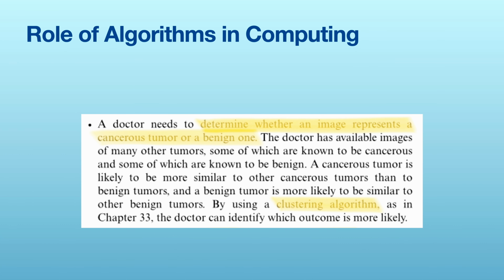Algorithms are playing a critical role in the medical field also. For example, there's a set of MRI images or ultrasonic images. Now the doctor has to determine whether the lesion is a trivial growth or some cancer tumor. How will the doctor determine that? He should have studied in his past experience. He should have seen multiple scan reports like that, and based on that he can determine whether a particular image is related to a cancer cell or not.